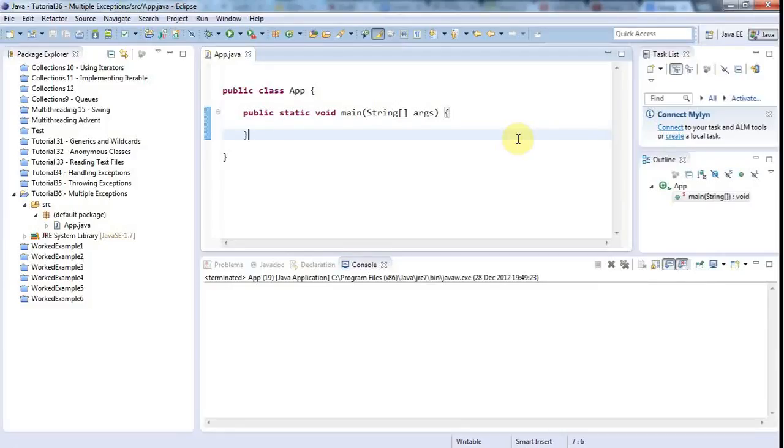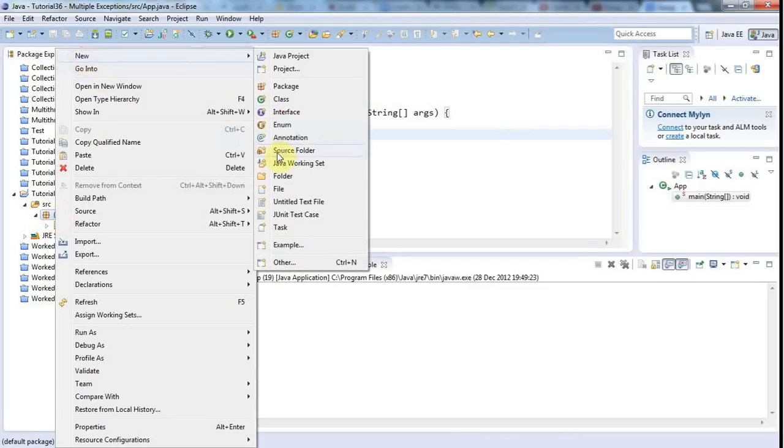Hello, this is John from caveofprogramming.com, and in this tutorial we're going to look at dealing with multiple exceptions. So we're going to look at throwing multiple exceptions from a method, and we'll also look at handling them as well. So I've got a basic program set up in Eclipse, and I'm going to also create a new class